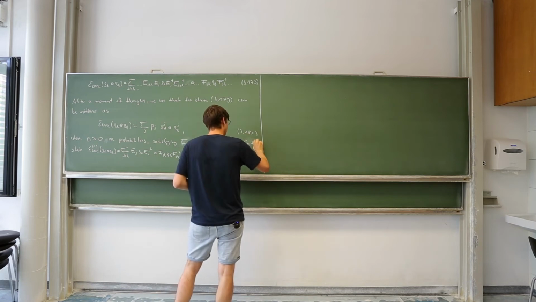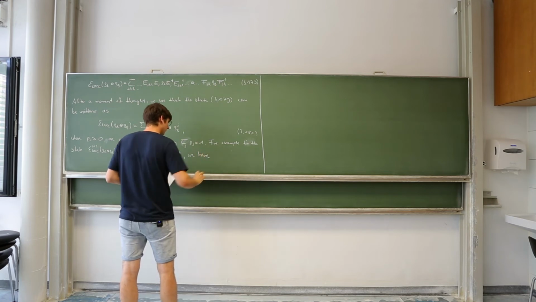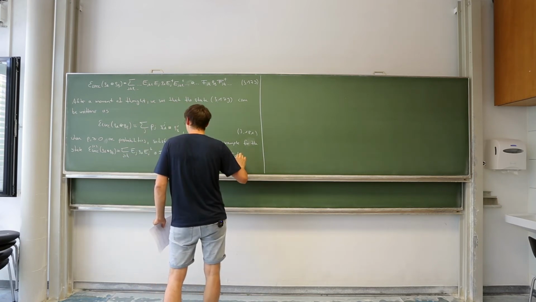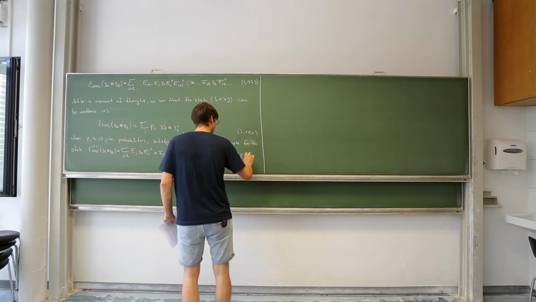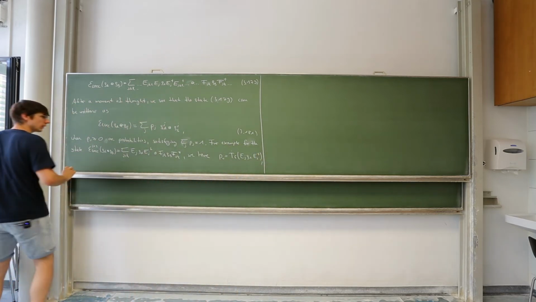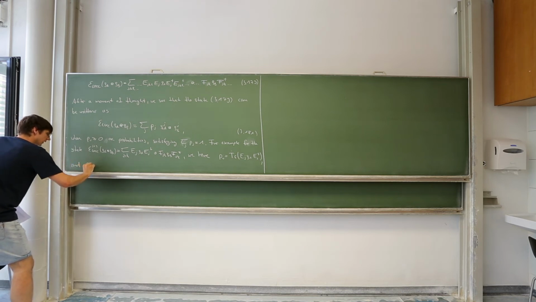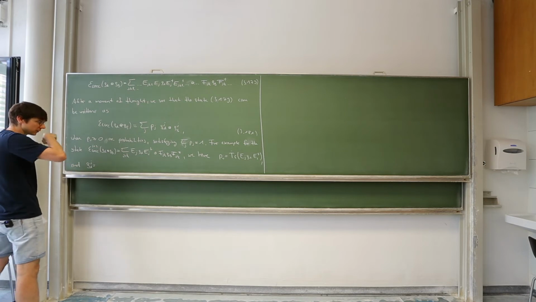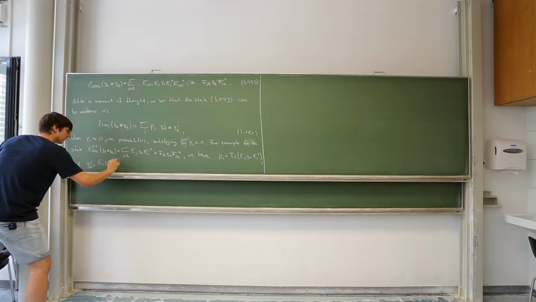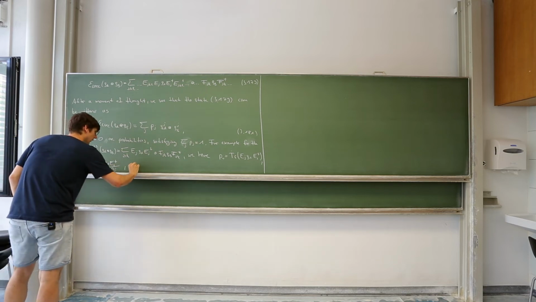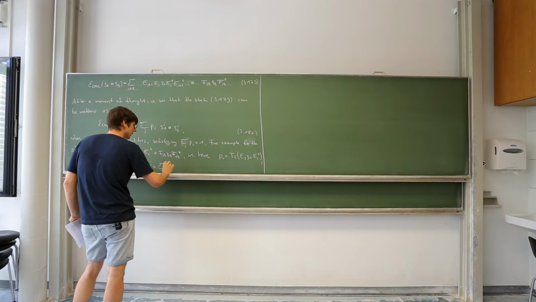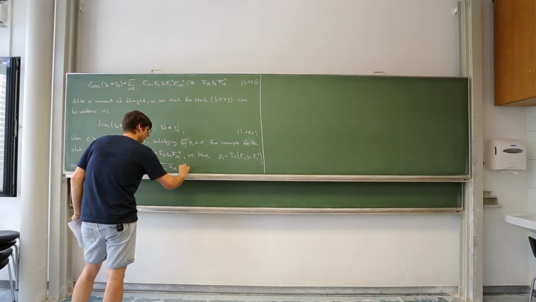For this state we have the probabilities Pj being equal to trace of Ej rho A Ej dagger, and those states rho Aj are equal to Ej rho A Ej dagger divided by Pj, and the states rho Bj are equal to sum over k, and then we have Fjk rho B Fjk dagger,